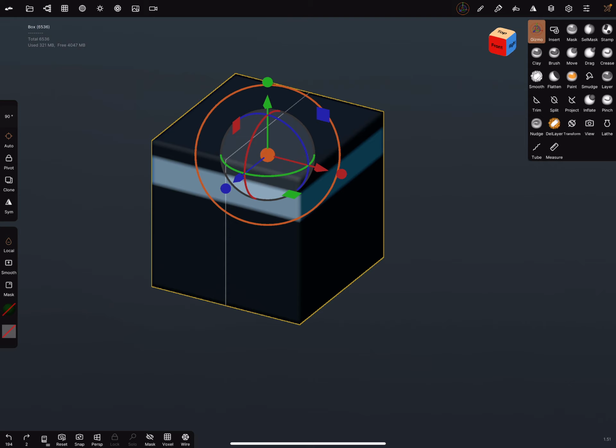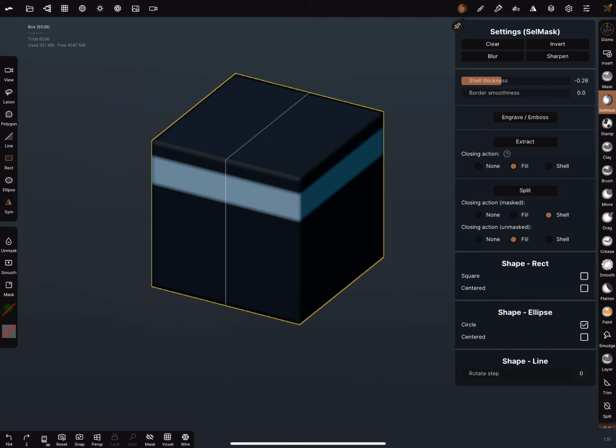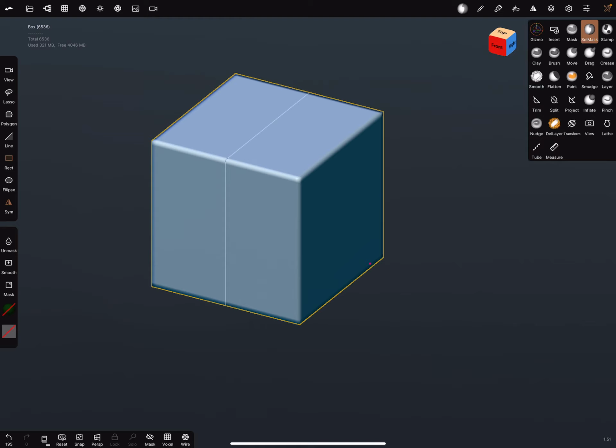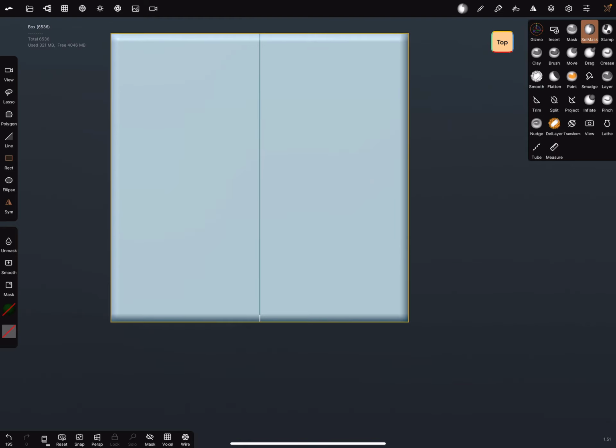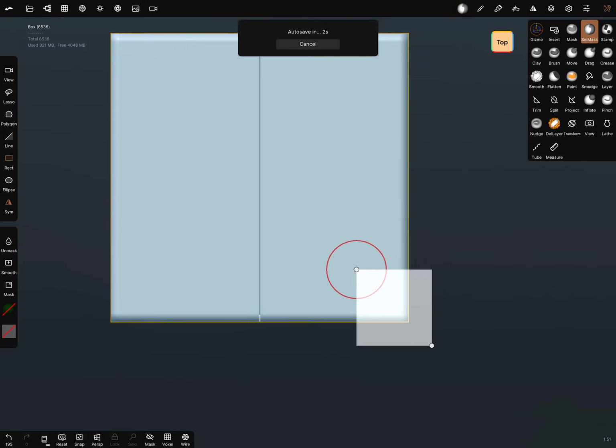Okay, I go back. Selection mask, I clear the mask. I go in the top view. And you can use the selection mask. For example, you can make a square in the corner.